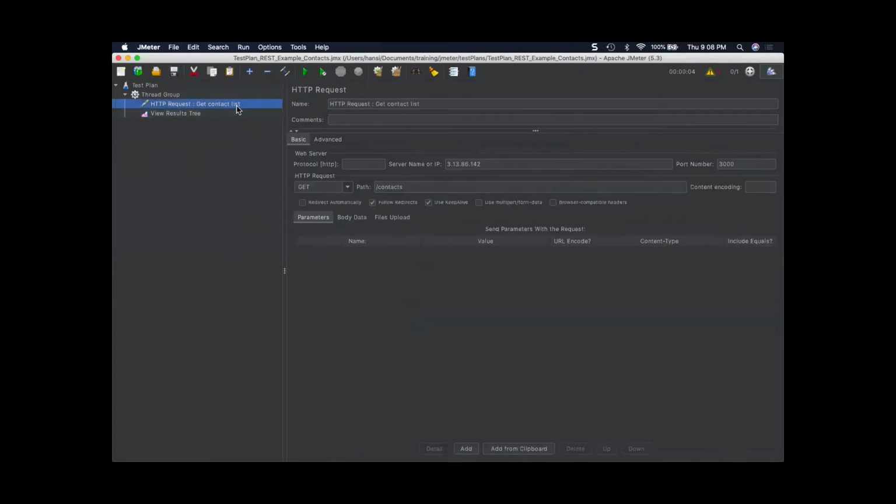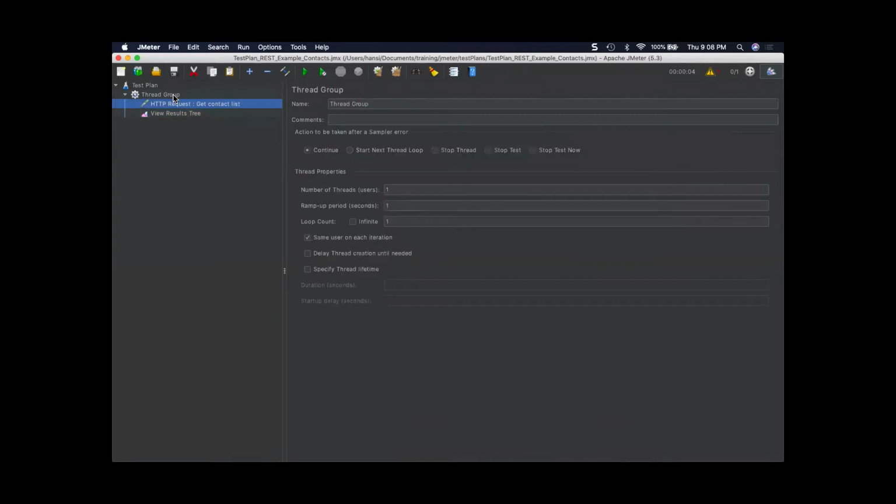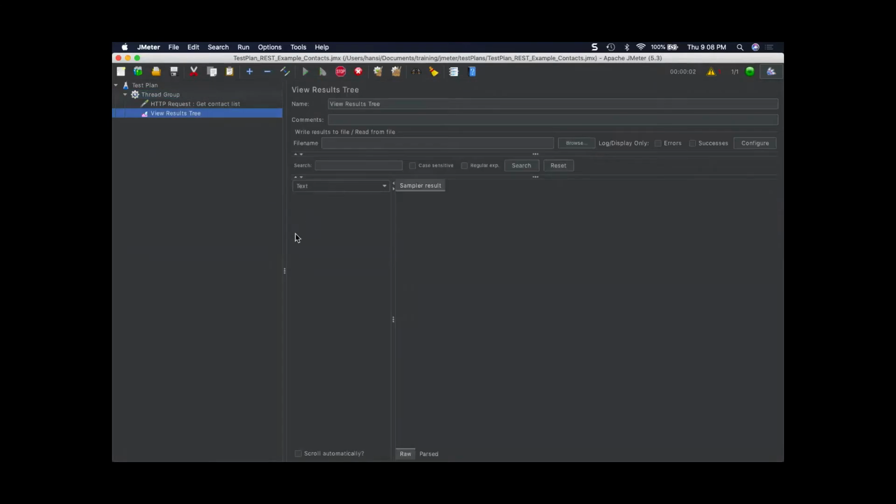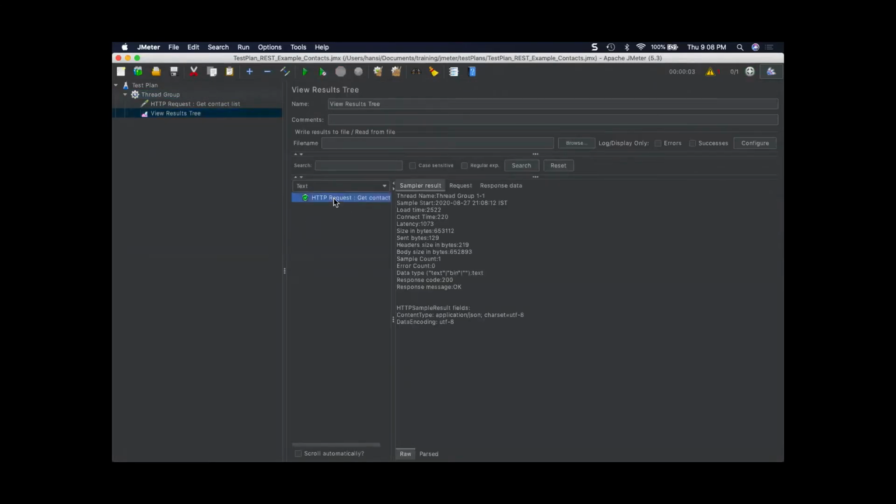Now it's done. You can select it, right click and validate it, to check whether it's working. You get a green signal. That doesn't mean that your response is correct. You need to go to response data and validate it.